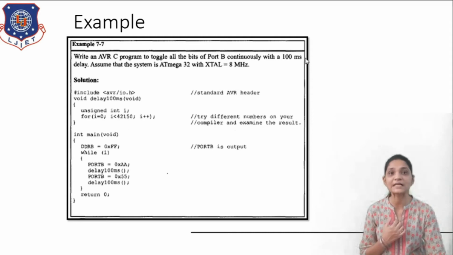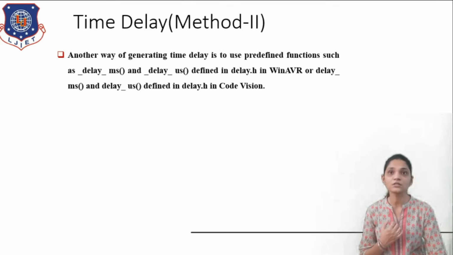So you can't say that this is the exact 100 millisecond delay for all of the compilers. Okay, so by this way, the first method, we can create the delay. Another method to generate the delay is using the predefined function such as _delay_ms or _delay_us,